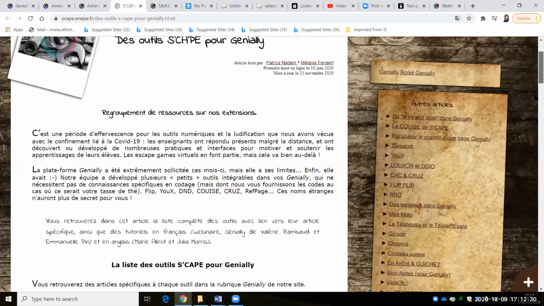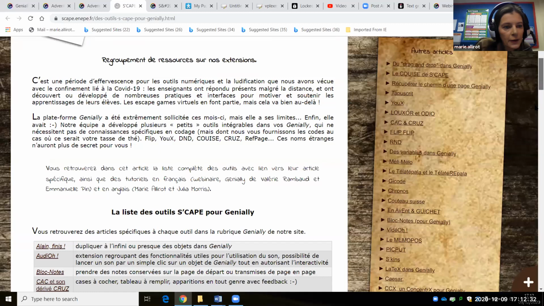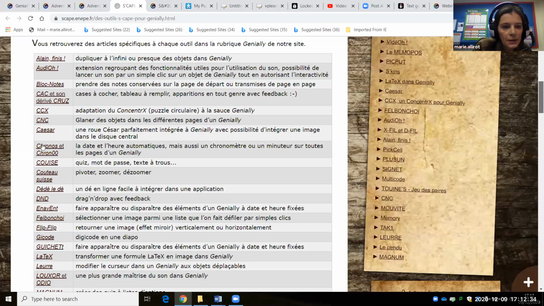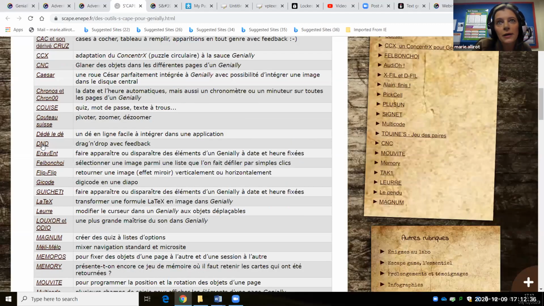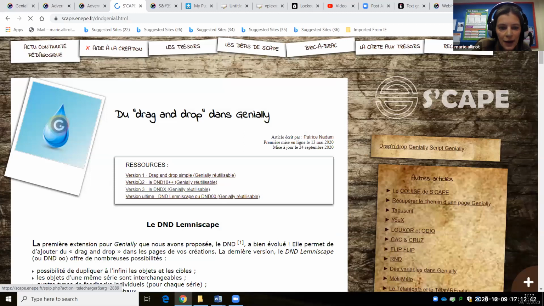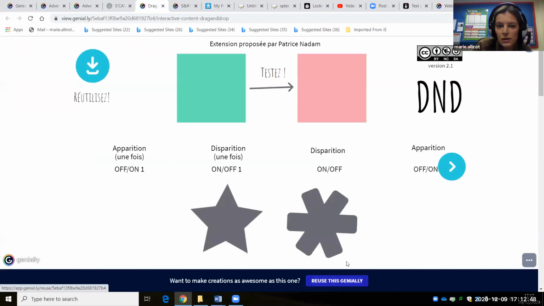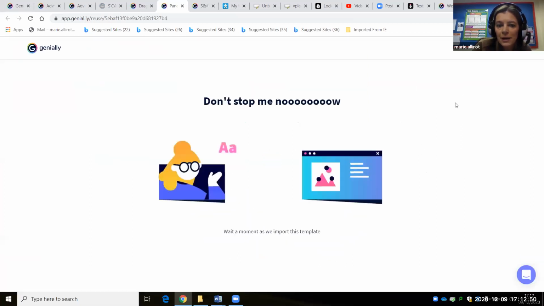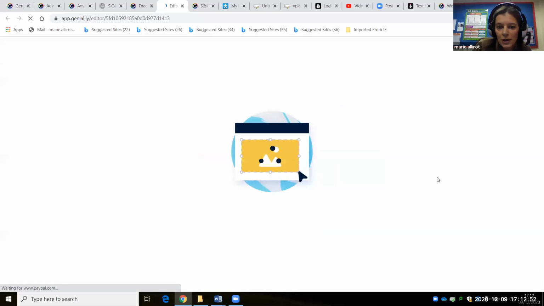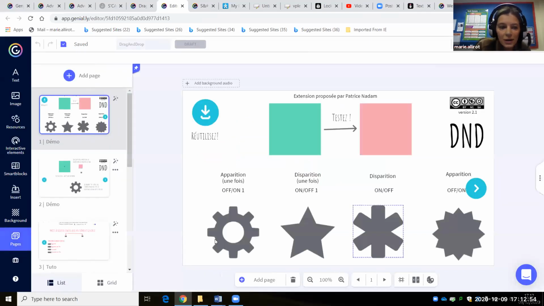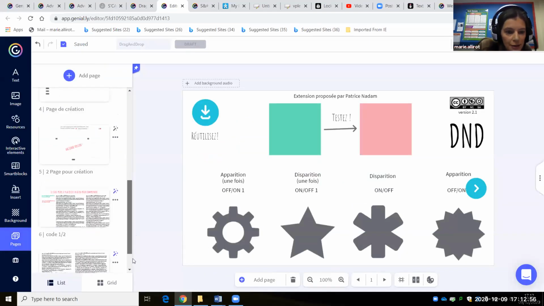For example, you want to use the D&D. It's also in the tutorial by Julia and myself. If I go on D&D, you've got a reusable one, and you save that, reuse this Genially. Now you've got the template in your creation, and then you add the page. For example, that's to make a D&D.